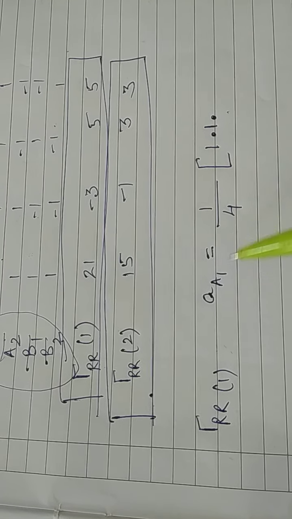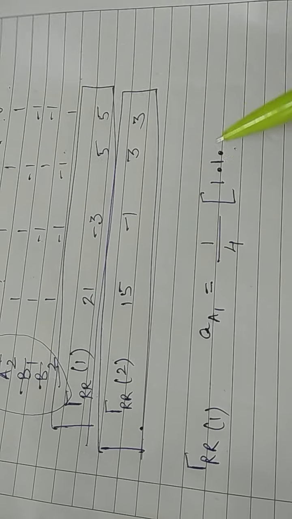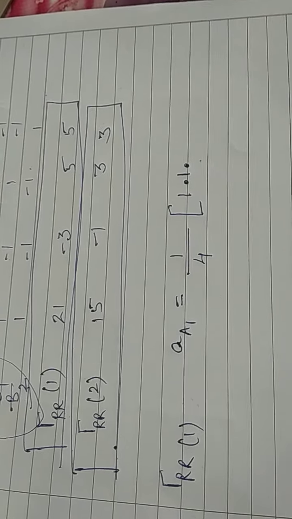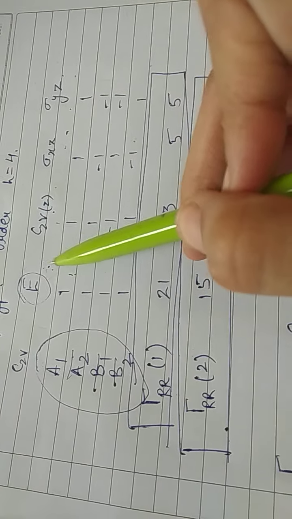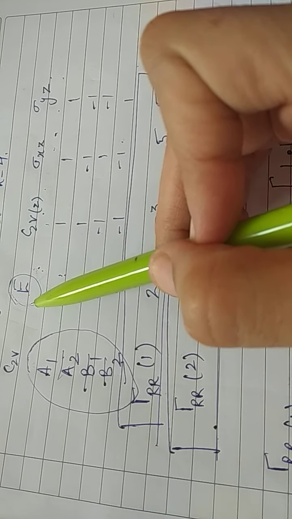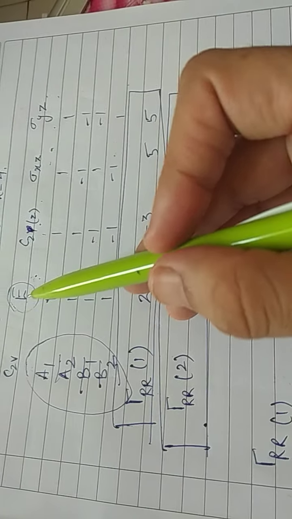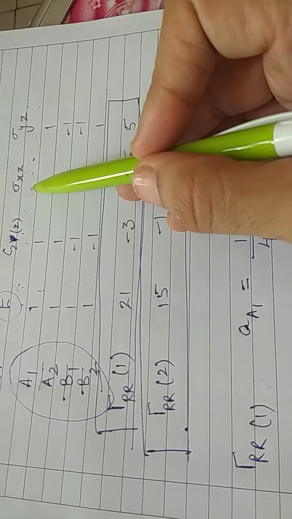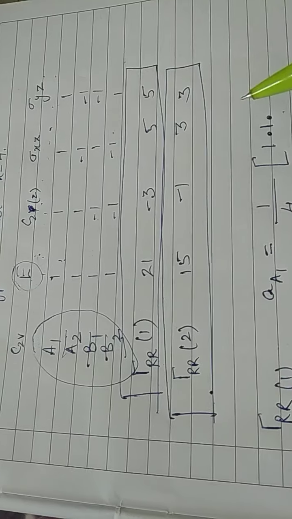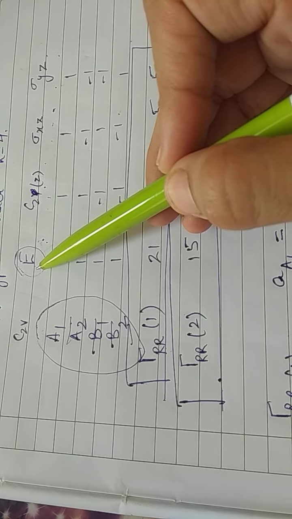So we are taking A1 equals 1 by 4, where 4 is the order, 1 by h. The formula says you take the number of operations in the class, meaning how many times these operations repeat themselves. Sorry, here I have written C2B, it is C2 only. Sometimes you have 2E, 2C2, 3 sigma xz or sigma yz, something like that. Right now it is only 1E, one identity operation.